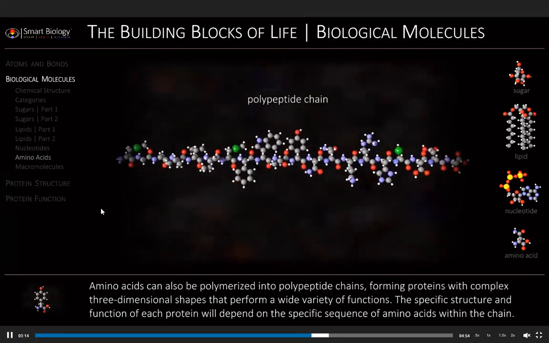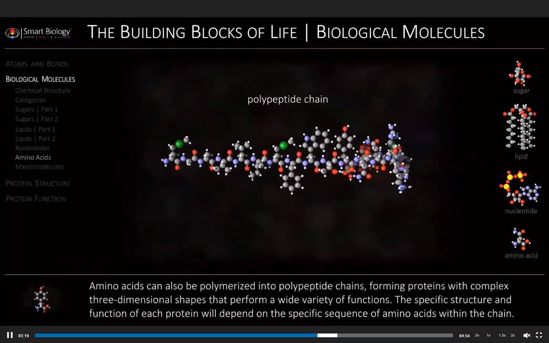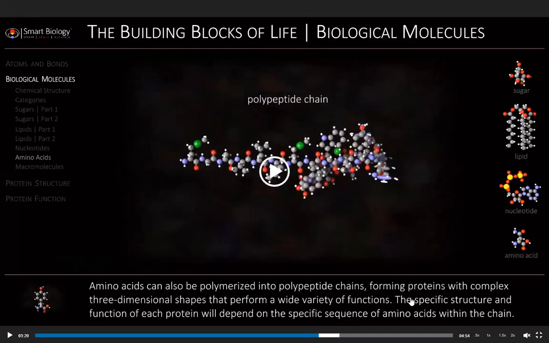So now we are going to look at the polypeptide chains, whereby they will be polymerized, forming proteins with very complex 3-dimensional shapes. So this complexity, this 3D shape of the protein, as you all know very well, gives the protein its function. The shape of the protein is absolutely critical in its function. And the structure and function of each protein, therefore, depends on the amino acid sequence. Because if